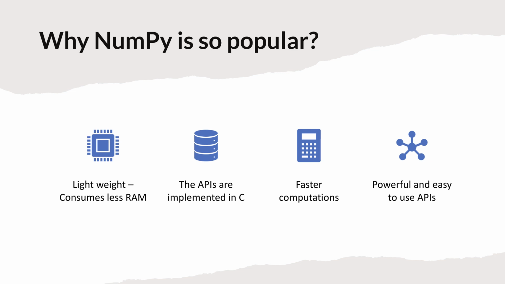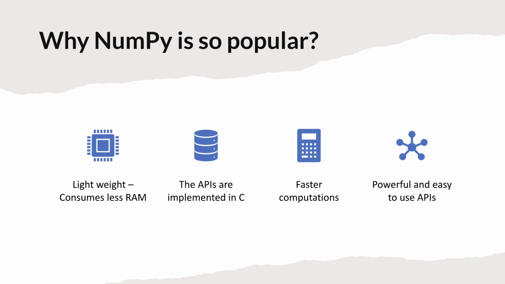Before understanding NumPy, let's look at Python. Whenever we talk about the Python programming language, the very obvious thing that comes to developers' minds is that it's CPU and RAM heavy. But NumPy, on the other hand, is completely implemented in C. Its core APIs are written in C. So for any API that you access, you are actually running C code behind the scenes. This is the reason why NumPy is lightweight, which means it consumes less RAM, and it is much faster than many of the default Python libraries.